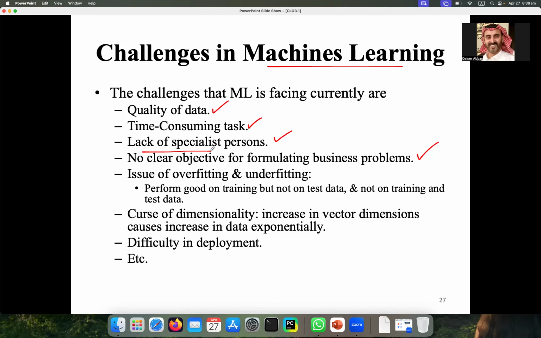They cannot say why that problem is coming. So they cannot formulate that business problem, and they don't know how to solve that issue, because they don't have any objective. They only know that this problem is coming, but how to remove that problem, they cannot state or describe. So that's why: no clear objective.